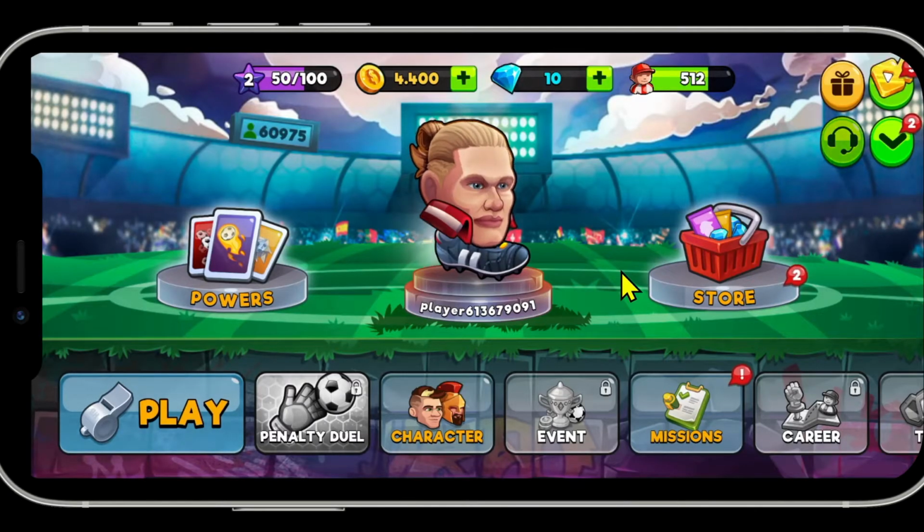First of all, open up the Headball 2 game within your device, and if you are playing for the first time, you will be required to go through the basic tutorial levels. Once you complete these tutorial levels, you will gain access to the home page, from which if you wish to